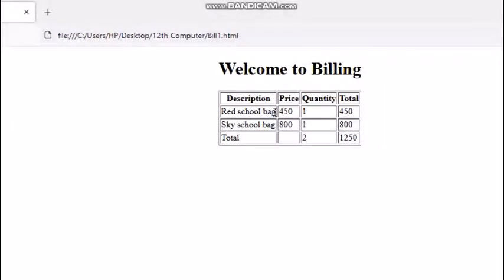That is red school bag, price is 450, quantity 1, total amount is 450. Sky school bag, price is 800, quantity 1, total is 800. Addition of these two gives 1250, and I have purchased two items, one red school bag and one sky school bag. This billing part we are going to cover today in our fourth video.